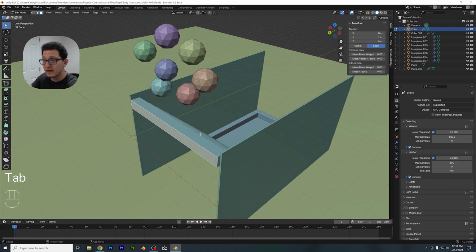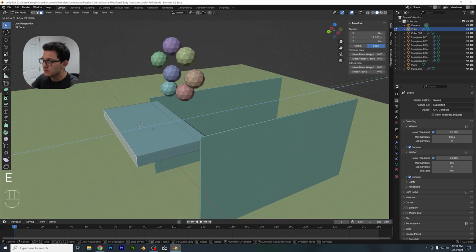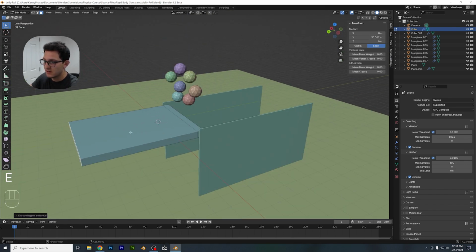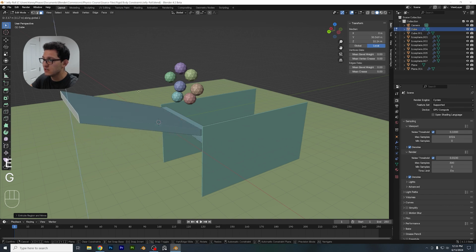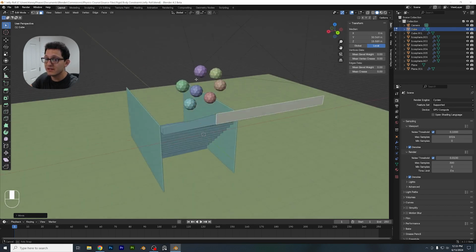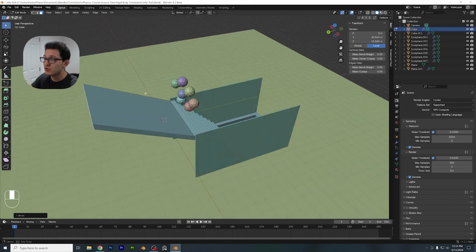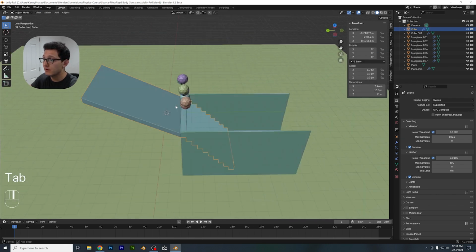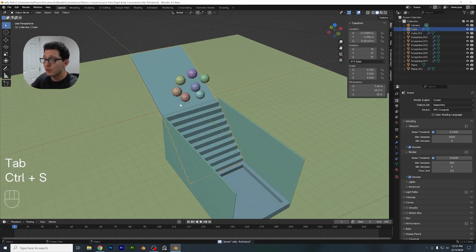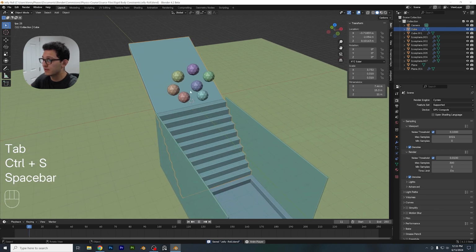Now, I'm in edit mode right now, and I just want to click on E to extrude this out. All right, and then I'm going to press G, Z to make sure that it goes up like that. And now we have this nice angled floor so that we can drop our spheres from above. Now, remember, this may not work every single time, but let's go ahead and play it back and see how it looks. Good. Now it's catching some of those other external spheres,